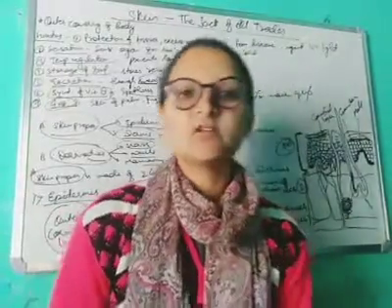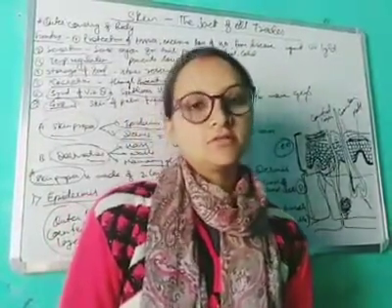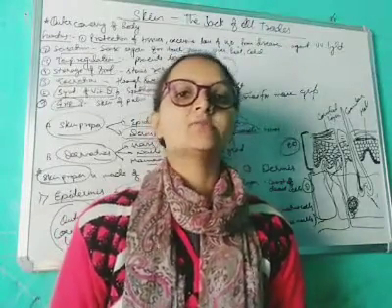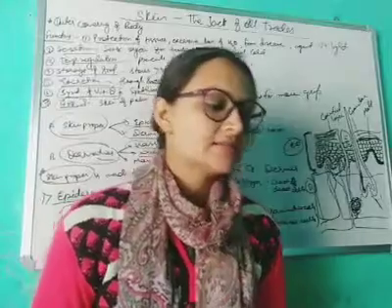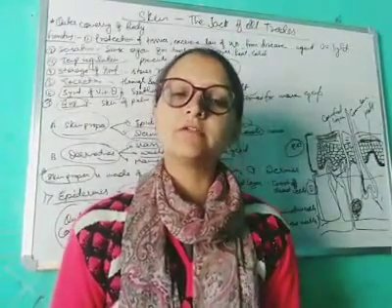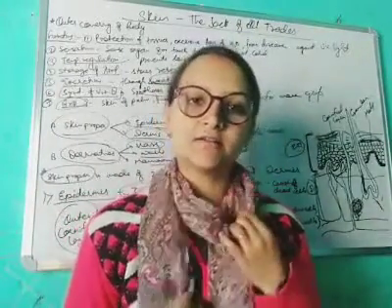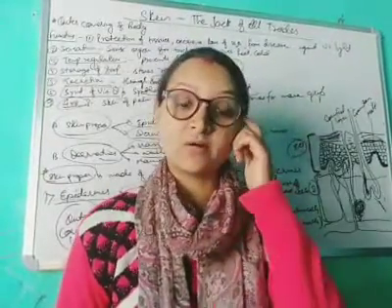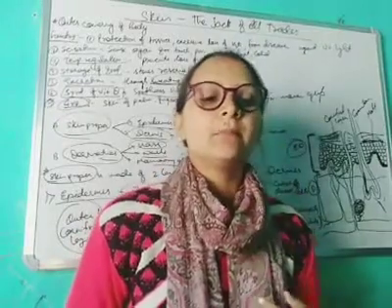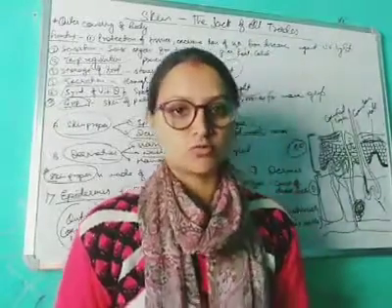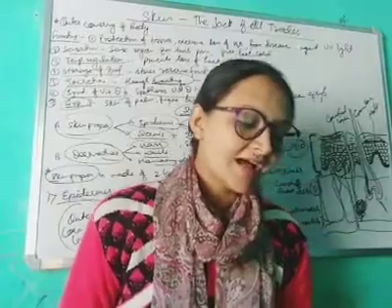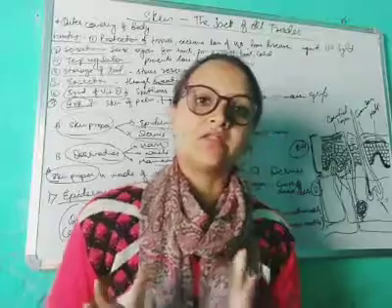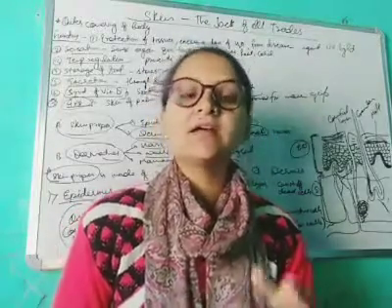Next there is coloration of the skin. For the color of the body, there is a pigment called melanin. It is responsible for the color of the body. Those persons who have melanin in large amount are darker in color, and those in which melanin is less in amount are fair in color. But coloration is somewhat genetic also. Like African Negroes are genetically dark in color, Europeans are whitish in color, and Indians are intermediate.